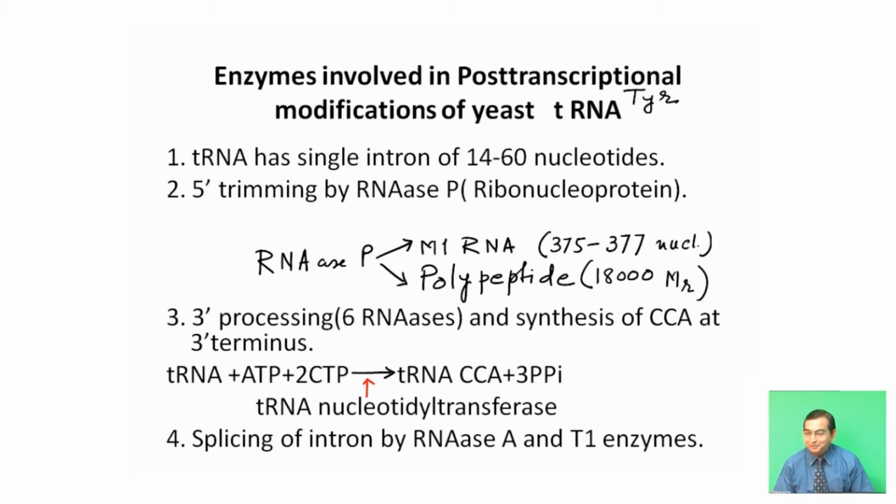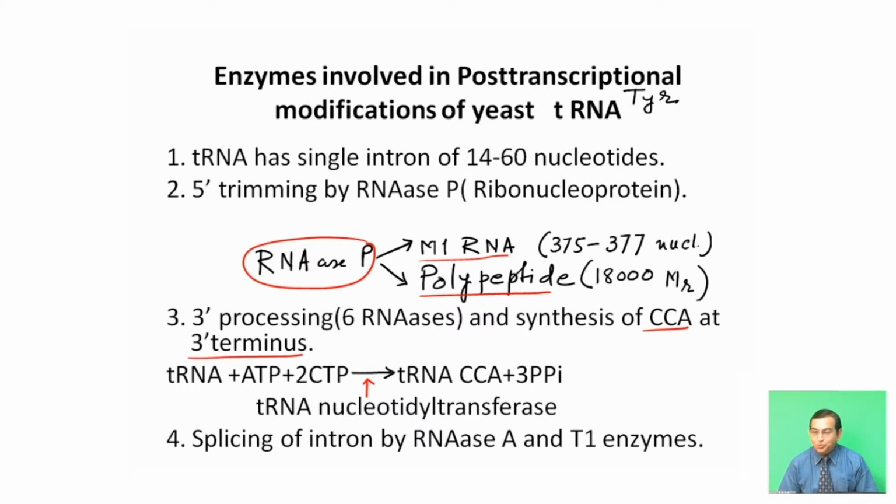Now 5' trimming occurs by an enzyme called RNase P. This RNase P enzyme consists of M1 RNA and a polypeptide. Now 3' processing is carried out by 6 RNases and synthesis of CCA at the 3' terminus is carried out by an enzyme